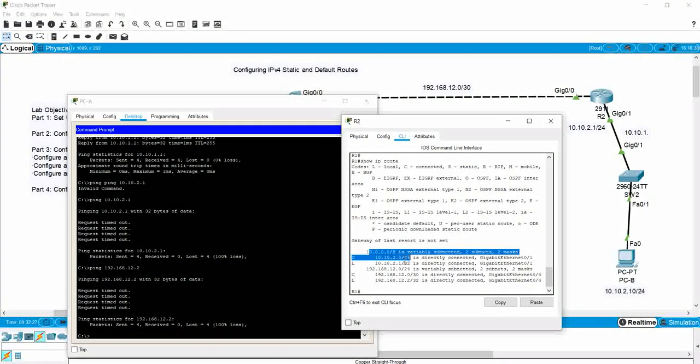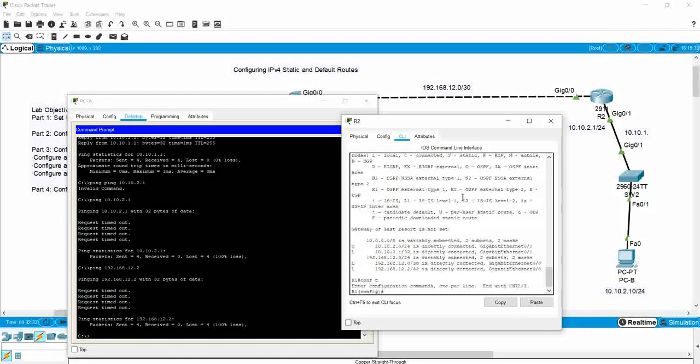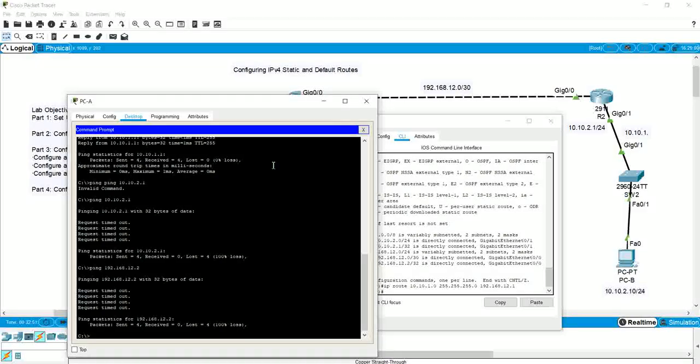Router 2 doesn't know how to get back to the 10.10.1.0/24 network. So to fix that little problem, we have to go in and say, hey, Mr. Router 2, if you're trying to get to a network with 10.10.1.0 with a subnet mask of 255.255.255.0, I want you to drop it off to 192.168.12.1. And once we do that,